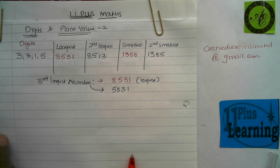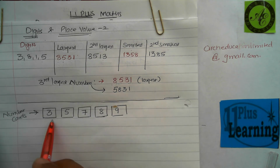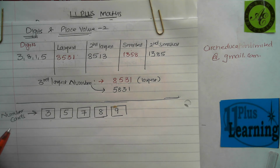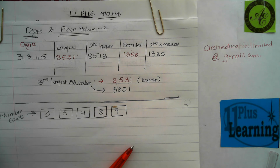Now we come on to the second type of questions on digits in place value, and the question goes like this. One of the very popular questions in 11 plus is about the number cards. They give you a few number cards. They ask you to do some arrangements, make some numbers using these number cards. Okay, I'm going to ask you first is using these number cards or these digits to make a number which is closest to